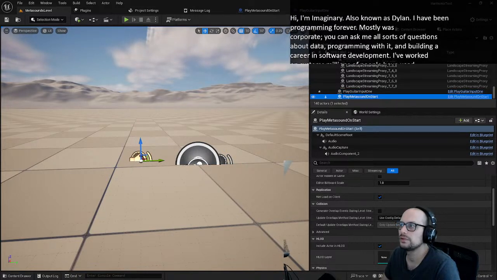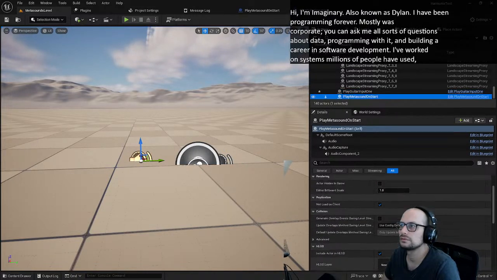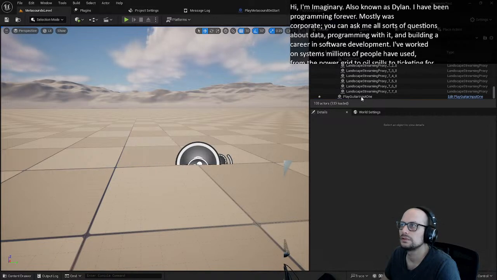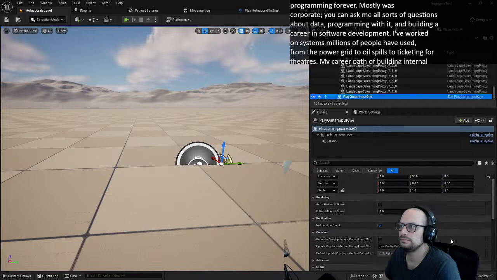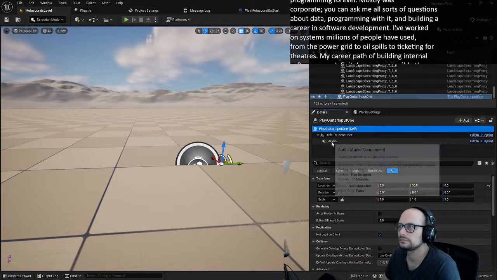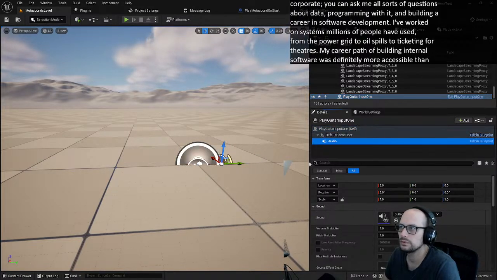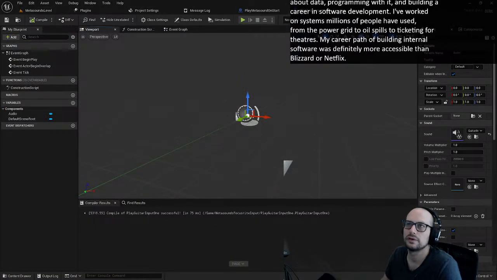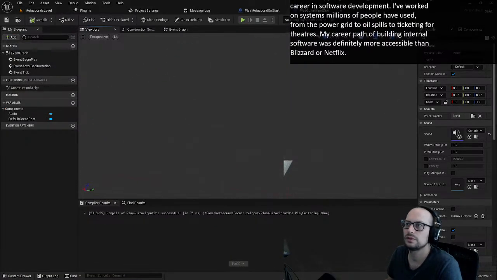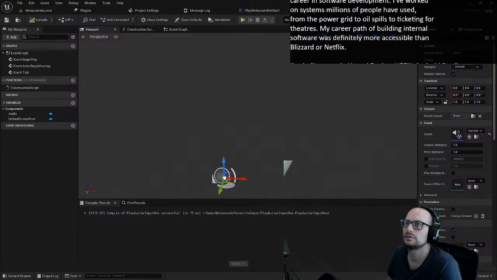We're going to delete this because I don't want to play that Metasound. Audio and guitar input 1. Okay, so this Metasound, what I'm going to do in the graph is